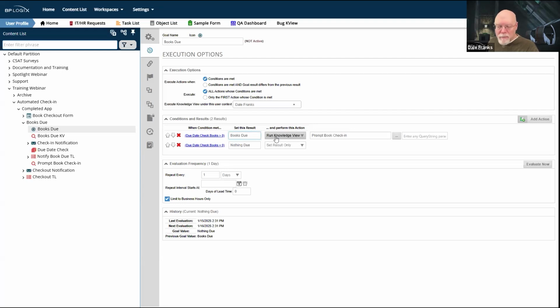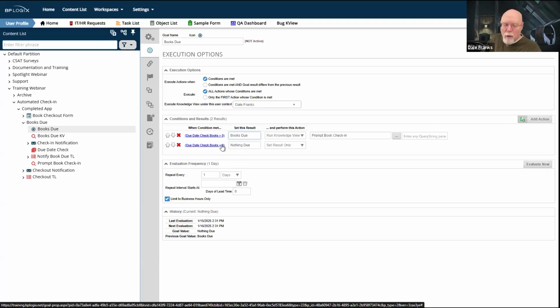Then I'm going to use run knowledge view. And that's where I run the prompt book check-in action. The prompt book check-in knowledge view will return however many rows of books are checked out but have not yet been notified, and will send the appropriate notifications to those users that those books are now overdue and they need to be returned. Now, if I run the goal again and due date check returns 0 knowledge view rows, well,